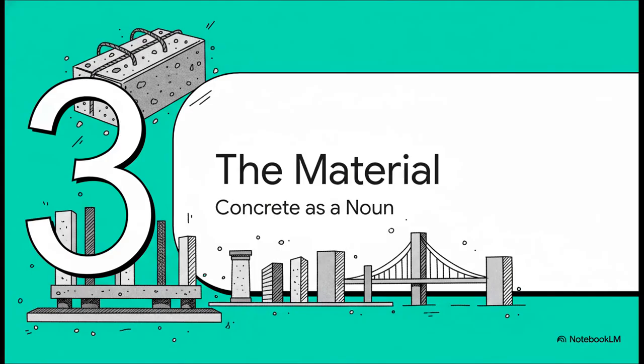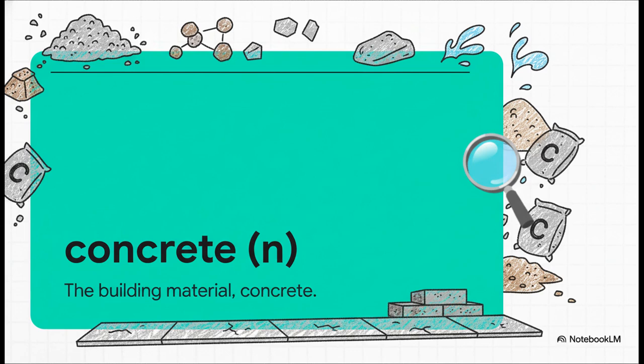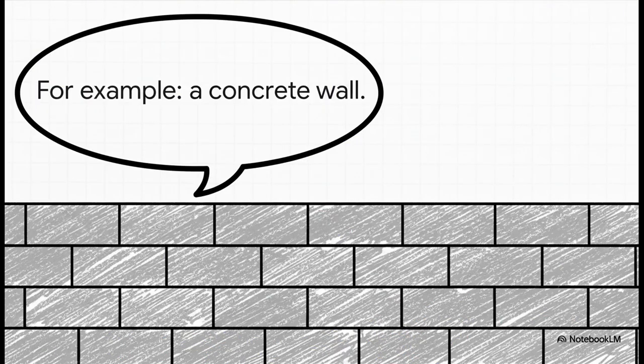Now let's switch gears completely and talk about the other concrete, the one that's way more literal. When concrete is a noun, it's exactly what you're picturing in your head. It's that heavy, rough stuff they use for building, the mix of stone, sand, cement, and water. It's what our sidewalks and buildings are made of. Super simple, super straightforward. Like, if you say a concrete wall, well, that's it. The word is just naming the thing. There's no hidden meaning, no abstract concept. It's just a wall, made of concrete. That's all there is to it.